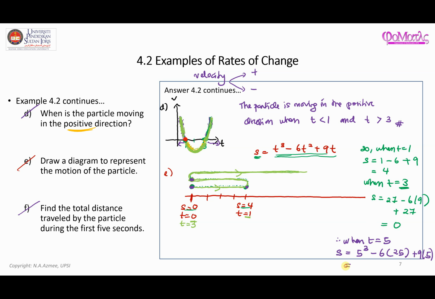So s is equal to 20 meters. So when t is equal to 5, the particle is now at a distance of 20 meters from the origin, which means if this is 4, this could be 5, 6, 7,